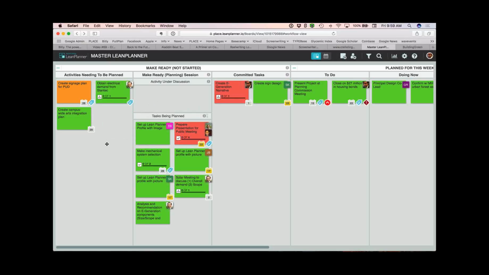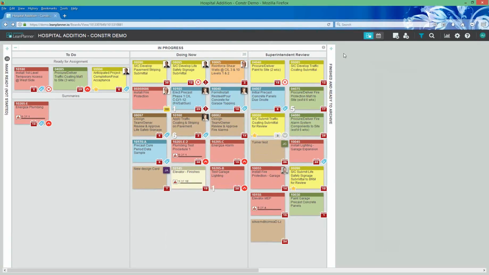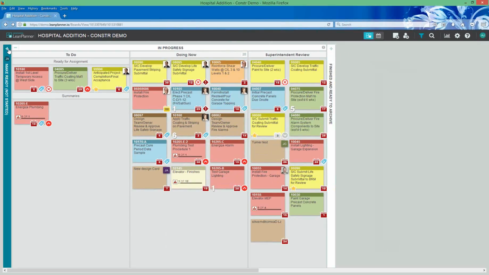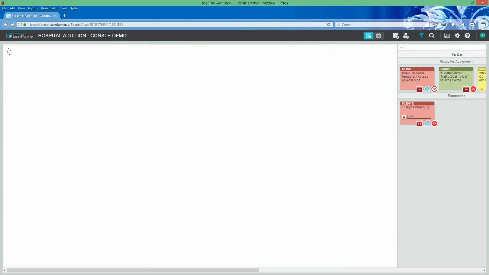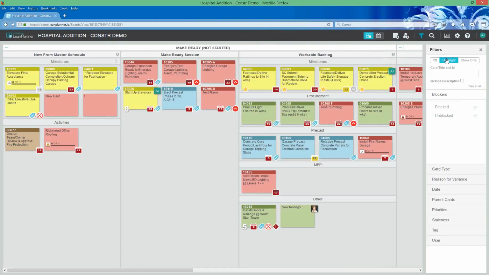Alex, to that end, if I pass this back to you, or if you reclaim this, can you show me a little bit about how to use filters so that, for example, if somebody really wanted to find out what their work looks like over the next couple of weeks or month? How do I filter a board that has a lot of tasks on it? It's great that I can see the entire thing, but just what am I supposed to be doing right now would be a really helpful view, I think. Yeah, absolutely. So let's see.